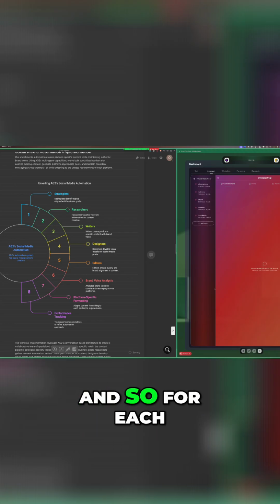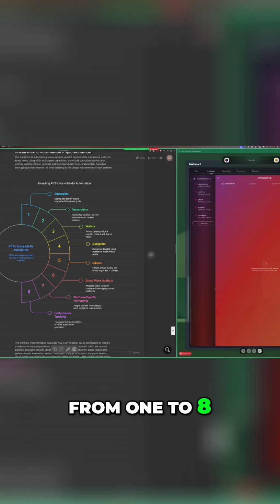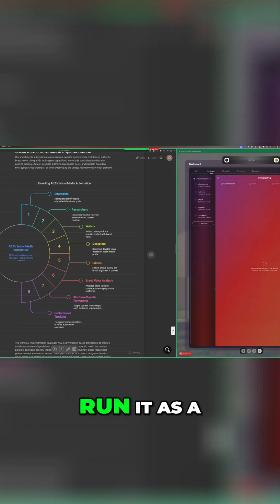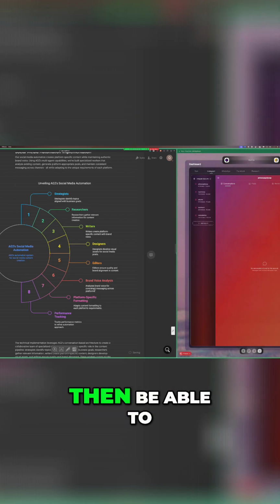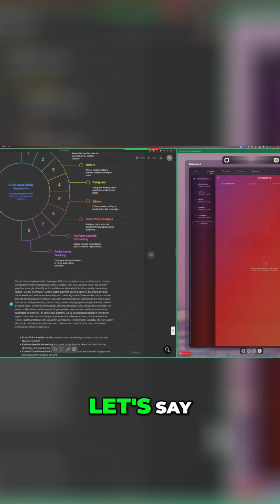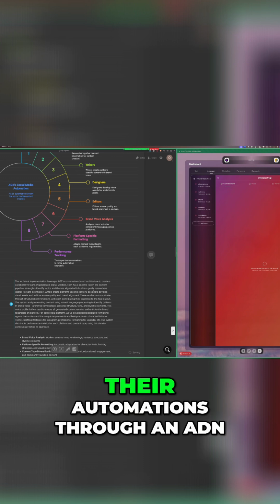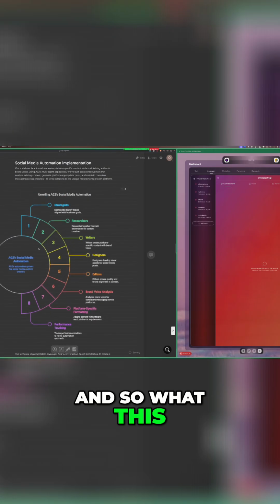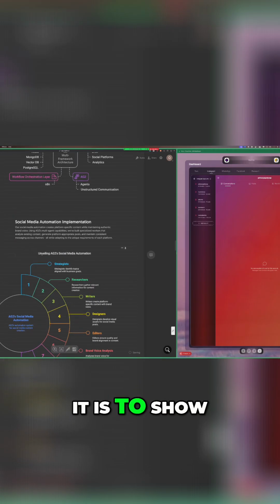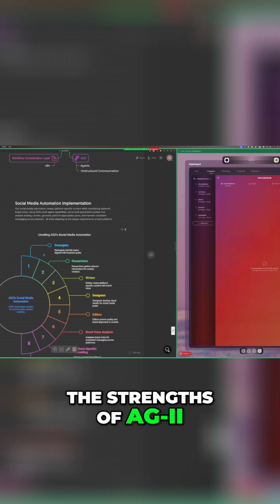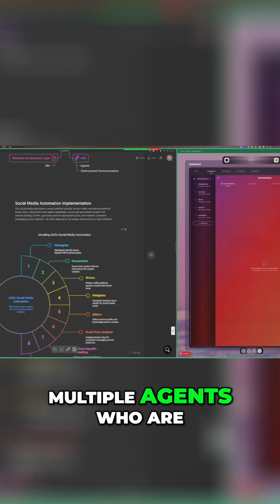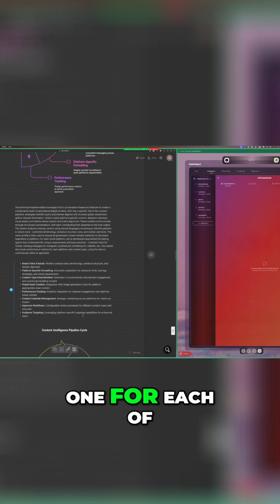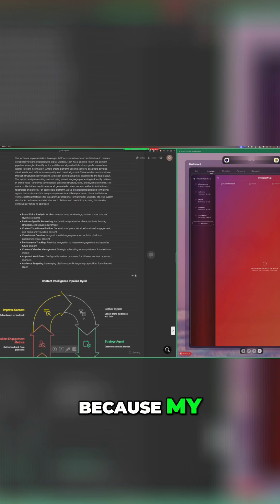And so for each of these, from 1 to 8, each of those are different digital workers. And it's much easier for me to just set this up as Python, run it as a cloud function that can then feed into, let's say, an N8N workflow. Let's say if they're running their automations through N8N, right? And so what this use case is here is to show the strengths of AG2, which is having multiple agents who are able to work together consistently, and the ease of use of going from 0 to 1 for each of the customers I build for,